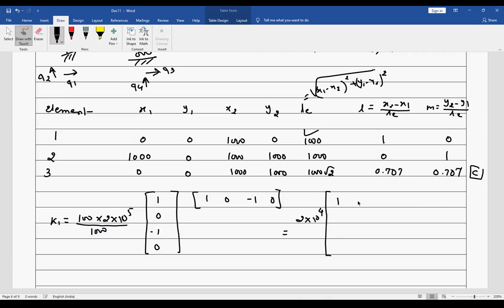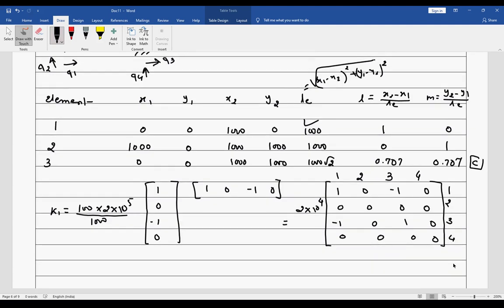Okay. So I have 1 0 minus 1 0, 0 0 0 0, minus 1 0 1 0, 0 0 0 0. So according to the connectivity table, 1 2 3 4 and 1 2 3 4. This is what I'm going to get.